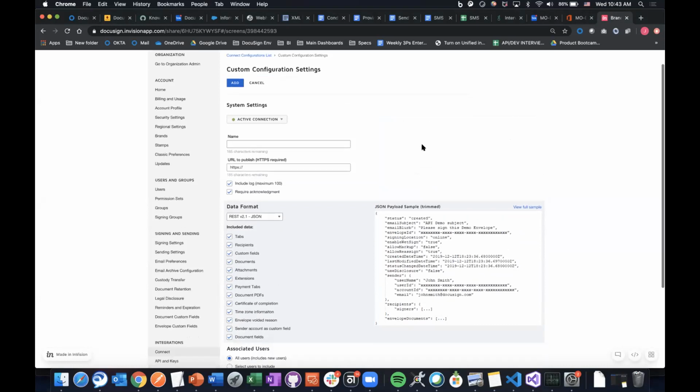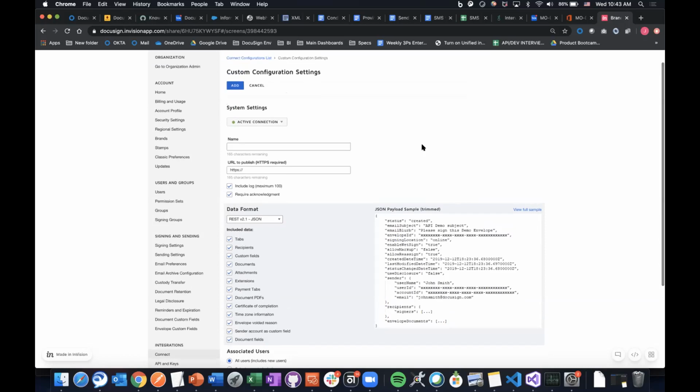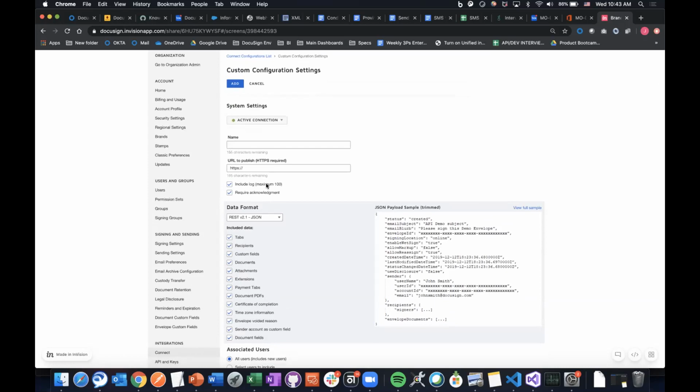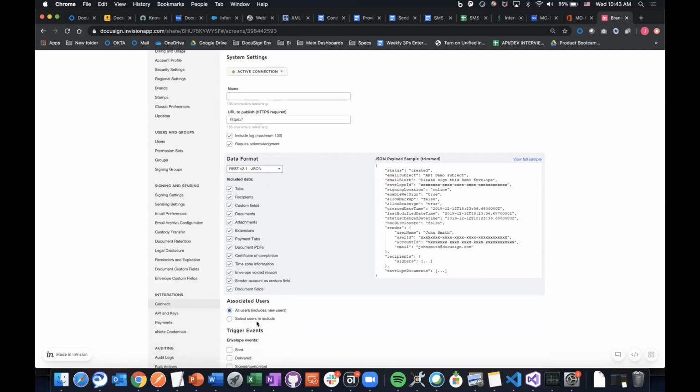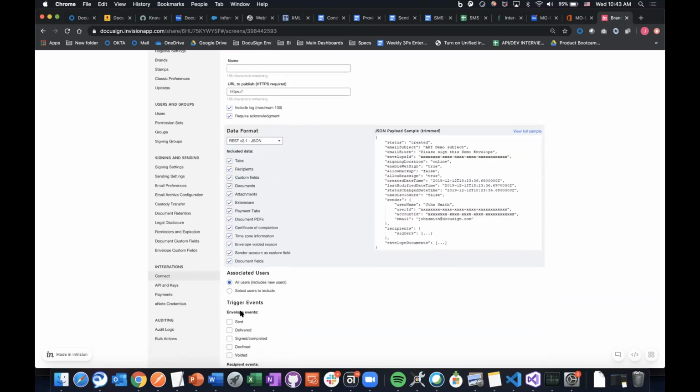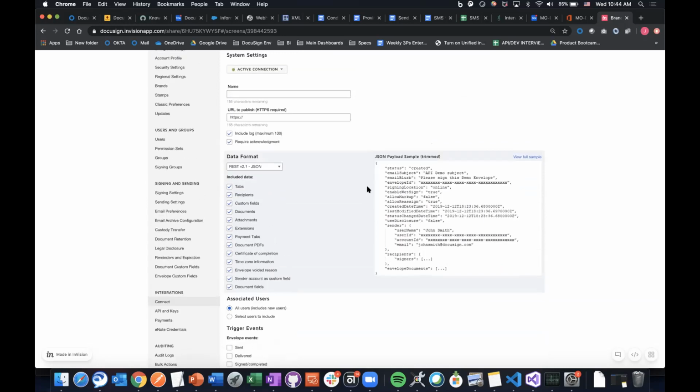Most of the elements you'll see are very familiar, very similar to what we have today. So, being able to set up an active connection, give it your URL, which is your server, having logging information, selecting which events to trigger on, right? Essentially the same. So what is different is essentially the data format or the message payload.